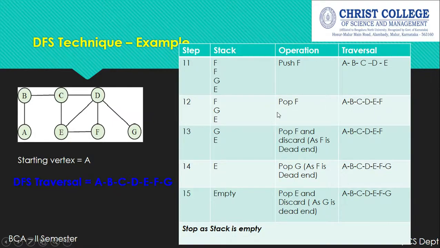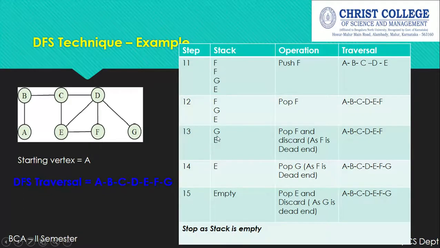In the next step we have to find out which are all the adjacent unvisited vertices of the popped vertex F. For F, only D and E are adjacent. Both the vertices have already been visited. So F is a dead end. So we are going to pop the stack once again. F is there in the top, so F will be coming again. But we are not including that in the traversal because F is already visited.